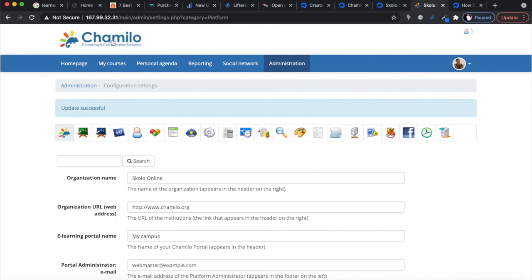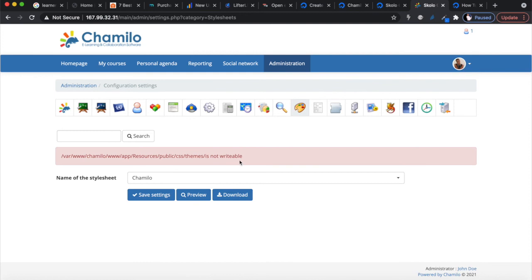Because currently it's going to come with the Chamilo logo, and obviously you want your own logo, and you want to even maybe change the way this looks, okay? How you do that is you go over there, all right, into the one which says style sheets. Yes, you go into the style sheets, is the one which looks like a painter thing, paint over there. Usually there would be an option that allows you to upload a new